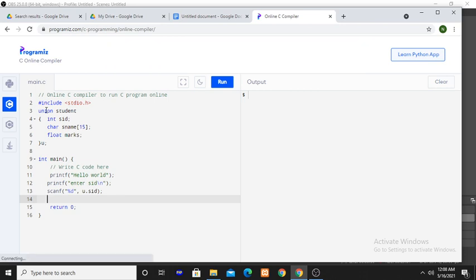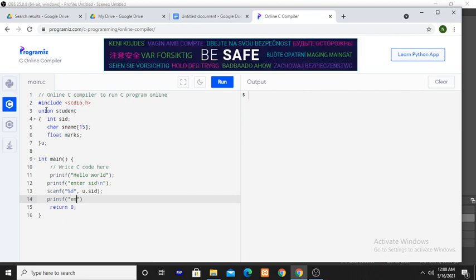Next printf enter student name, scanf %s, U dot SNAME.